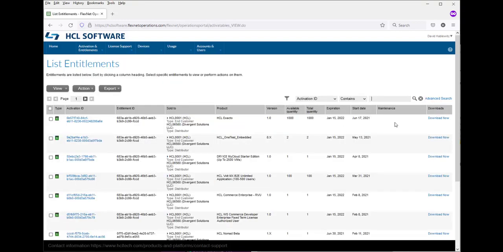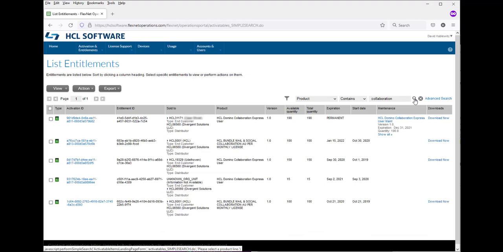and now the easiest way to get to what we're looking for is if you type in collaboration and you search on the product and then hit search. It will bring up several choices, and I found the easiest one to bring up is to come into the HCL bundle mail and social collab. I'm clicking on download over here on the right,